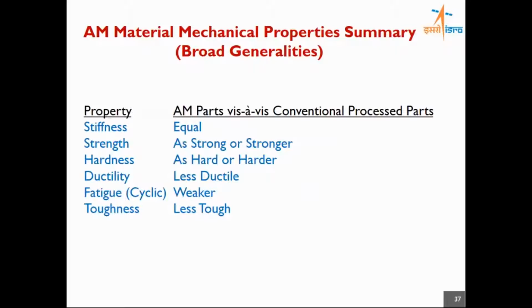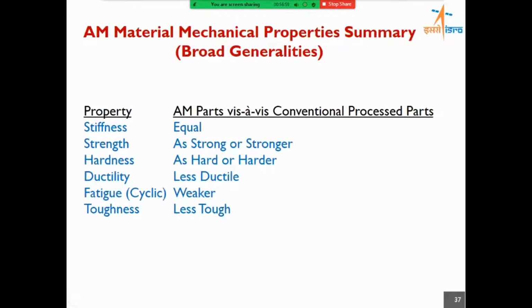So how are the components made through the AM route, how do they compare? When we compare properties such as stiffness, of course, we know that Young's modulus is not dependent on any of these processes. So Young's modulus will mostly be the same in case of the AM route or the conventional processing route. And strength in case of AM parts is mostly higher because of the fine grain nature, because the powders or the feedstock material we take are very fine compared to the wrought products.